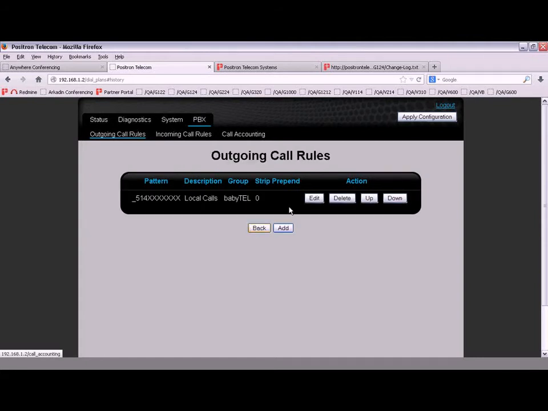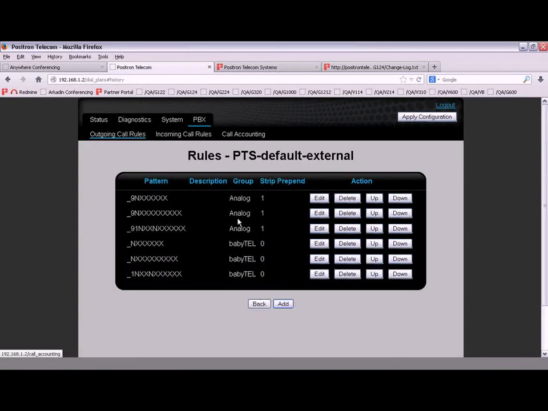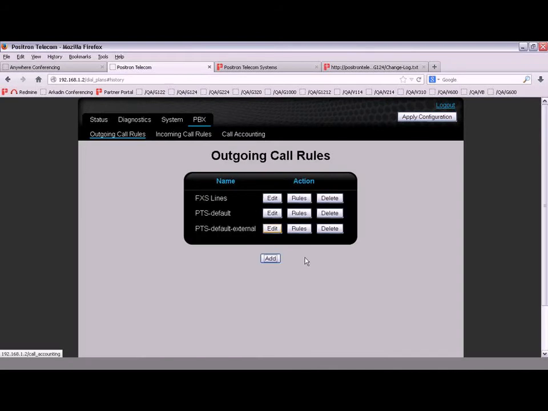Okay, and also if we back out here, you can see FXS line has their set of rules, and then PTS default external, so that's for the external user template, has rules also. This guy will have similar rules too. Okay,